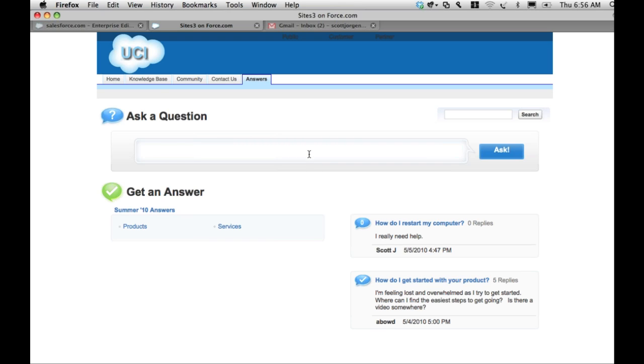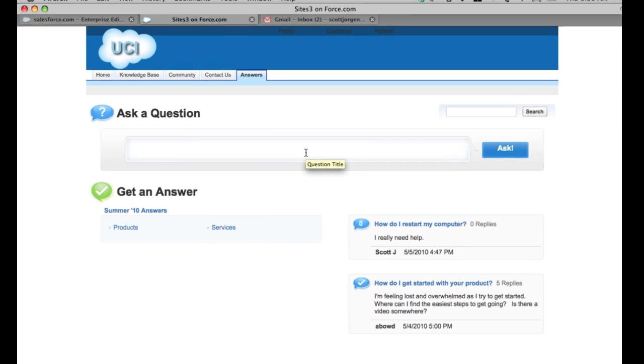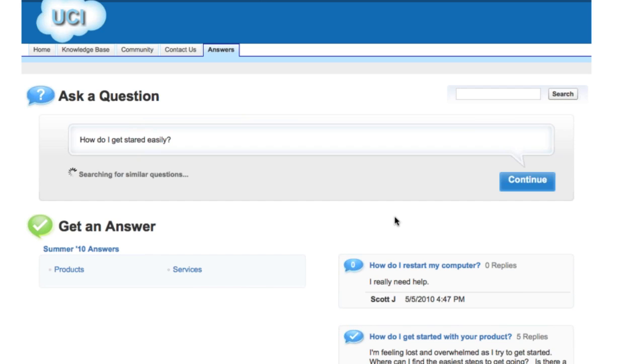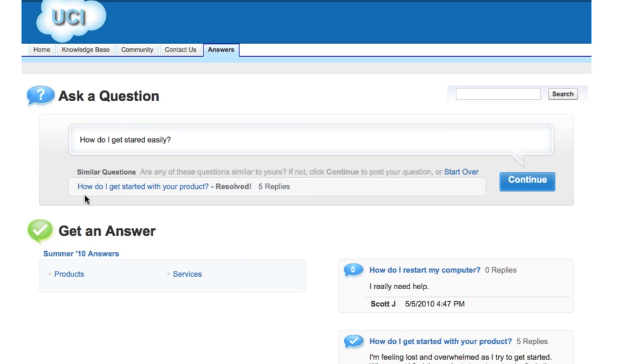But they also can now come in and start to ask, and they can say, I didn't find what I wanted. And you might have a new customer who's just getting started and might ask, how do I get started easily? And they would post that question. And it's a lot like a lot of other answers products you might have used out there on the web. It's going to come back and say, that looks a lot like other questions we've seen happen. And they might take a look at that